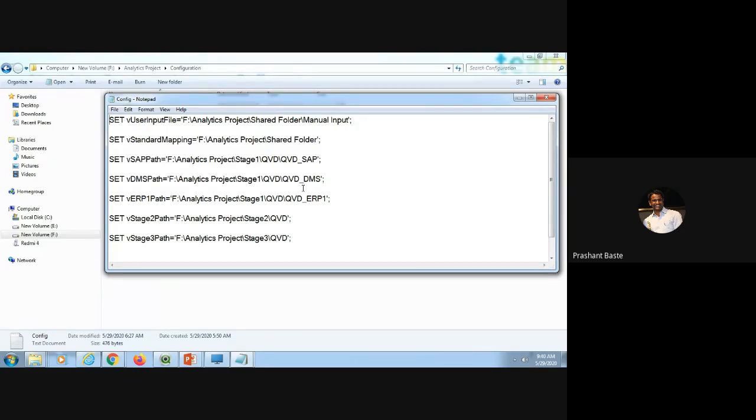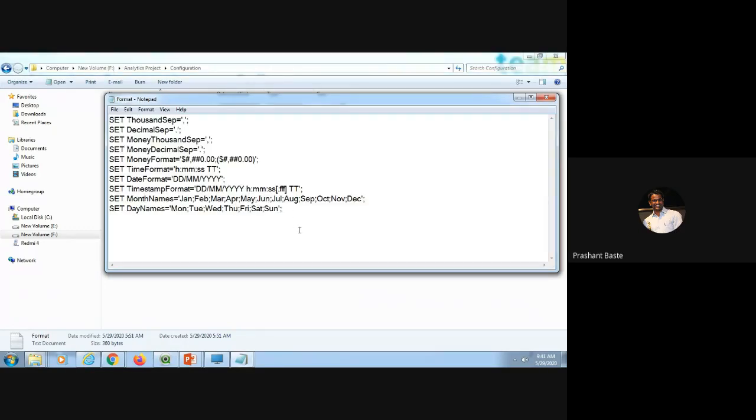That will help us when we are migrating from one location to another. If any specific file or folder is moved from one location to the other, you need not go into each and every application to identify whether that file or folder is being used and modify its path. You can directly modify it from here, and that can be used across the entire landscape. This is the basic purpose. Whatever folders we have created, you can keep their paths in one configuration file.